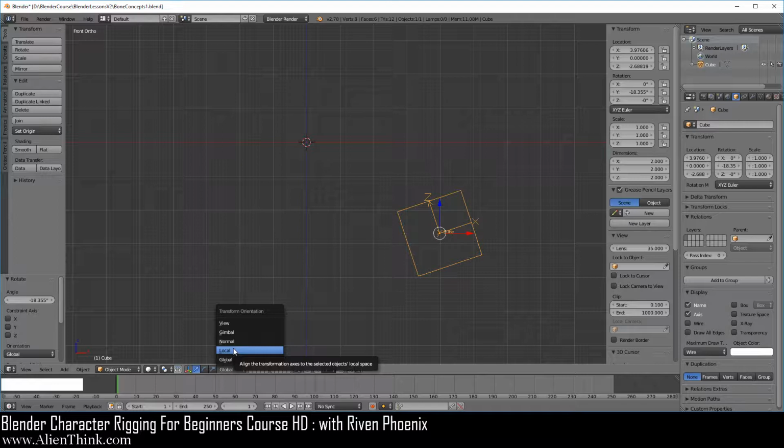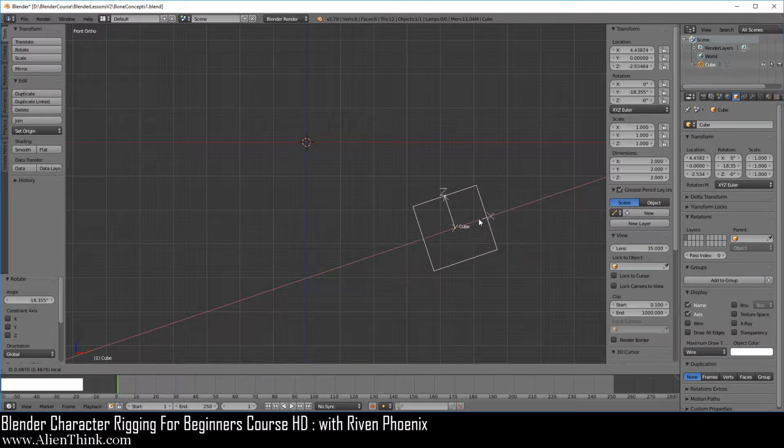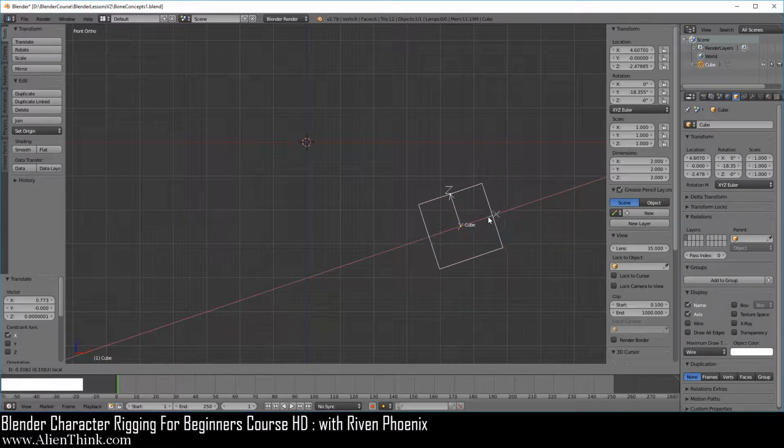So here we're just going to switch to local. Now when we click on this red arrow and move this object, of course the X and Z values are going to change. This is because the object is moving a bit on the global x-axis and a bit on the global z-axis, right? Because it's moving diagonally.